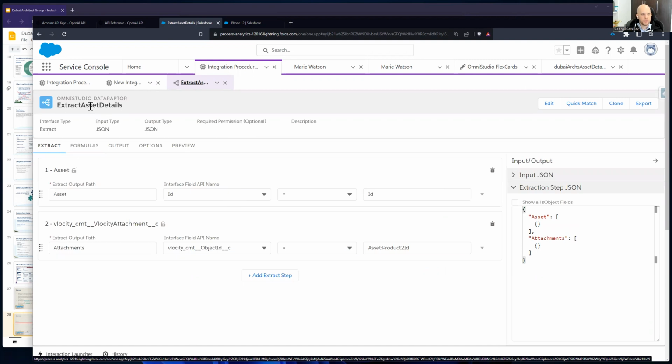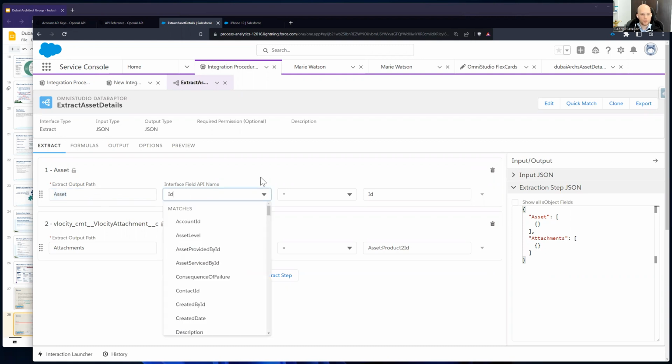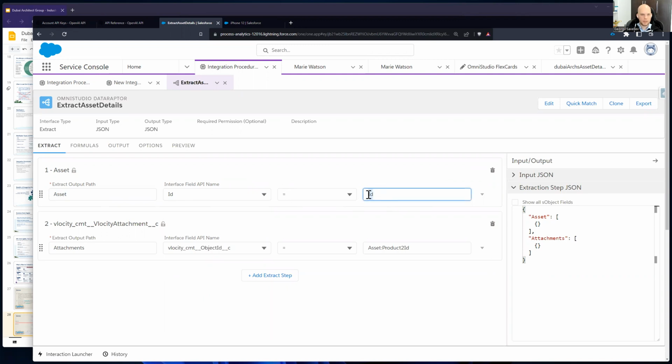All right, so this is our extract data raptor. We're extracting data out of 2 objects. There's the asset object. Here, what we're doing is we're specifying an output path of assets. So this is where the data will be outputted to. And then we're building the where clause here, basically. So we say, give me the assets where the ID field equals this ID, and this is a merge